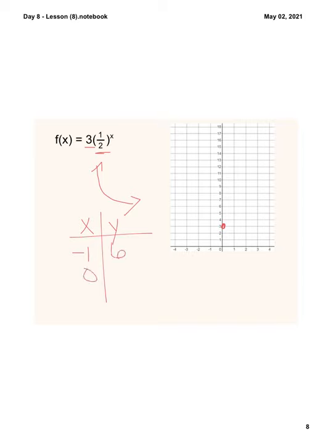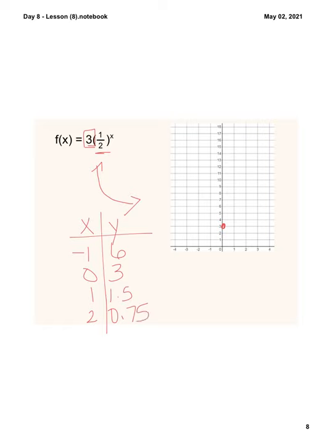I know if I plug a 0 in, I get 3 because that's the y-intercept, but if I wanted to try, I could do 1/2 to the power of 0 and then times it by 3. If I plug in a 1, 1/2 to the power of 1 multiplied by 3. If I plug in a 2, 1/2 to the power of 2 multiplied by 3,